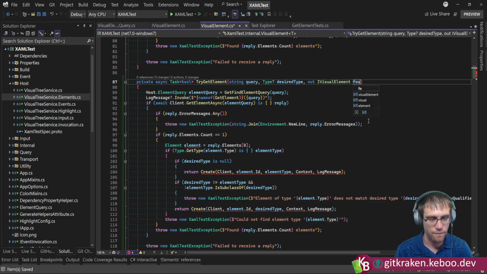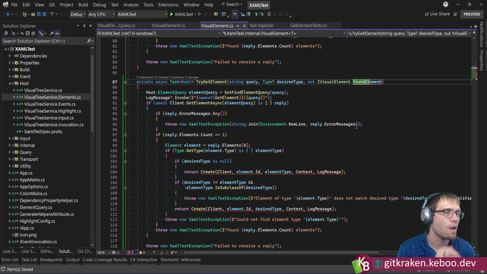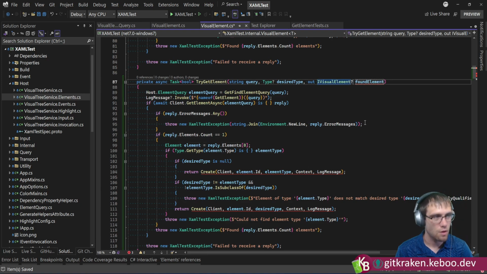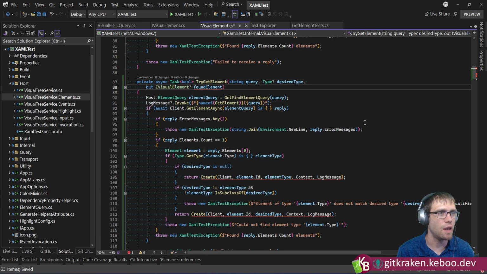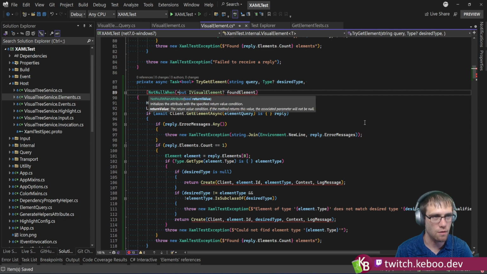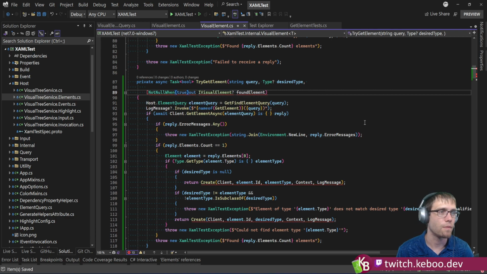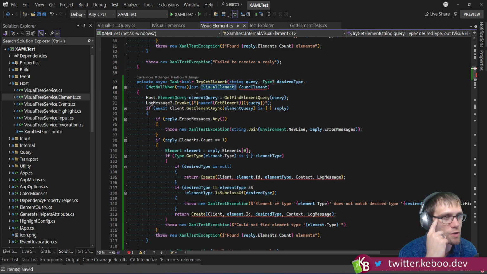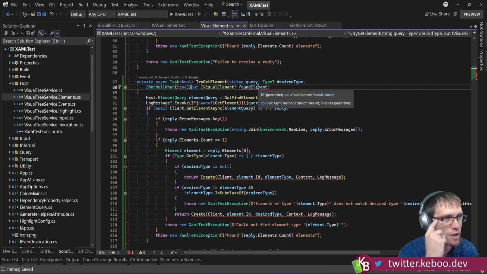How about found element? Do that for the moment. And we're going to do question mark. And then we want to annotate this guy with not null when the return value is true. Like that. Even though we've declared it nullable with the question mark, we decorate it with the annotation so that it knows,